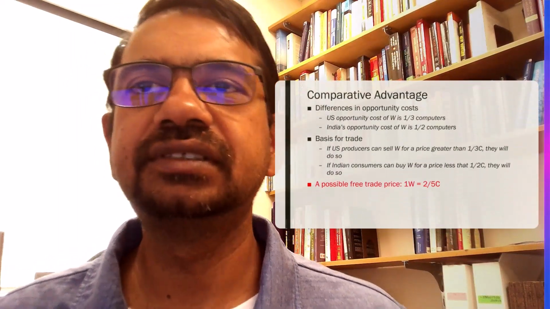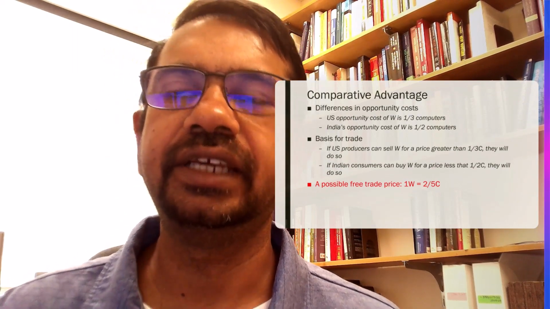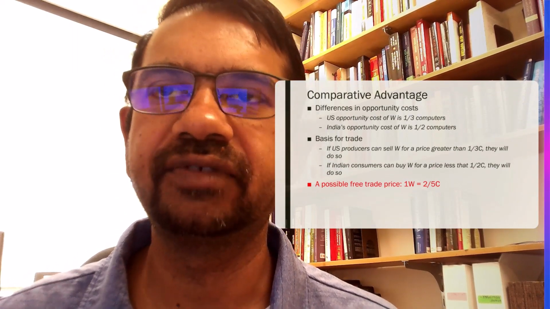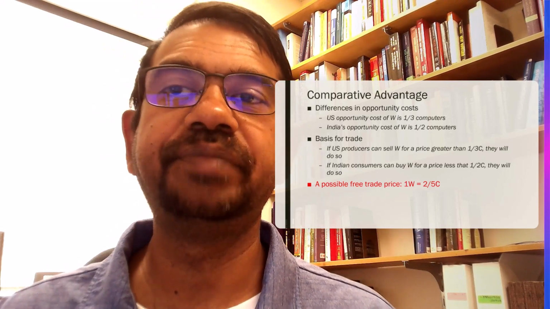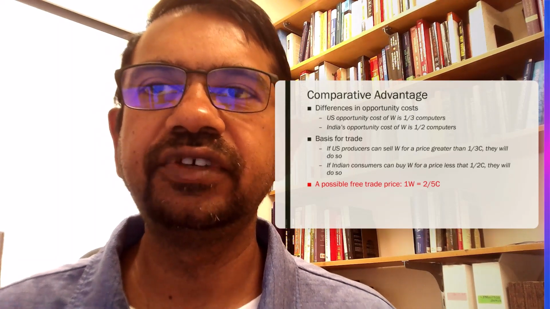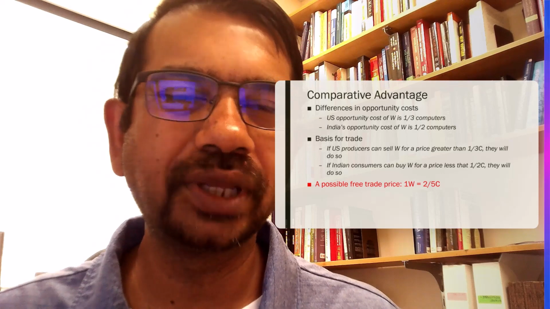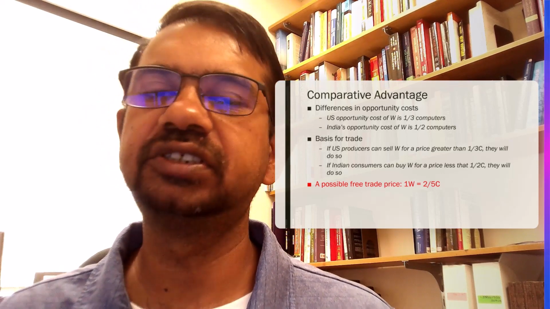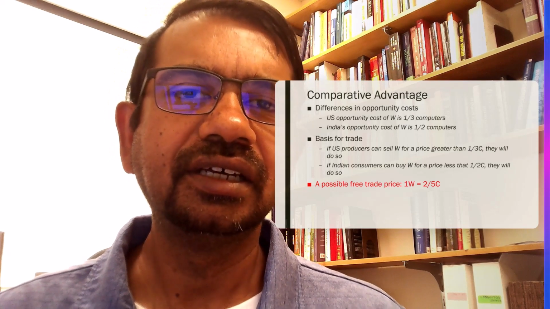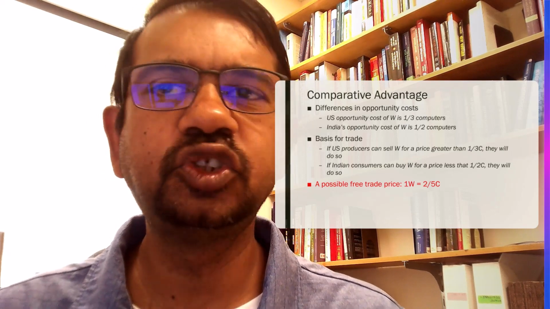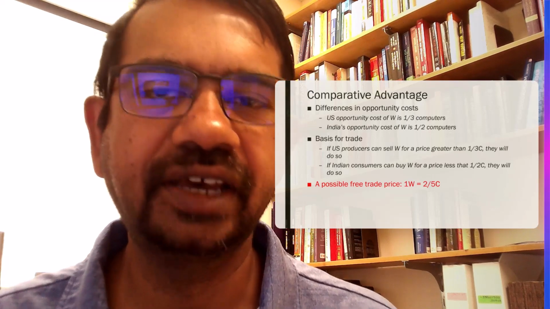For instance, in the US, the opportunity cost of one wheat is 1/3 computers. In India, the opportunity cost of one wheat is 1/2 computers. Now, this difference in opportunity cost provides us a basis for trade. So if the US can produce and sell wheat for a price greater than 1/3 computers, US producers of wheat will be happy. On the other hand, if Indian consumers can buy wheat for a price less than 1/2 computers,